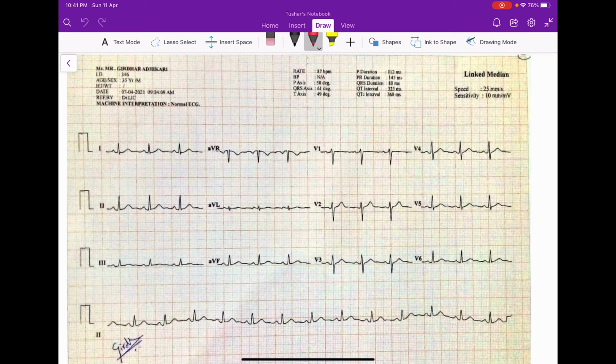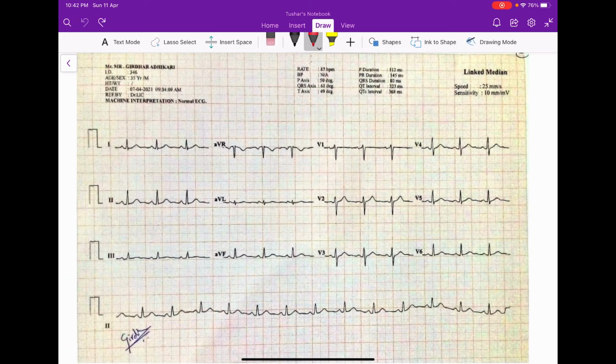Now here I'll show you a few examples of ECGs and I'll help you to calculate the heart rate on these ECGs. Here you can see a normal ECG, and let us calculate the heart rate on this ECG. The first thing to note on this ECG is the standardization. The height of the standardization has to be 10 millimeters, which is 1 millivolt, and the width of the standardization has to be 5 millimeters. So first we need to note the standardization, and then we come to reading of the ECG.